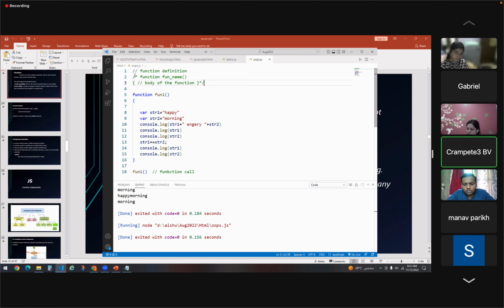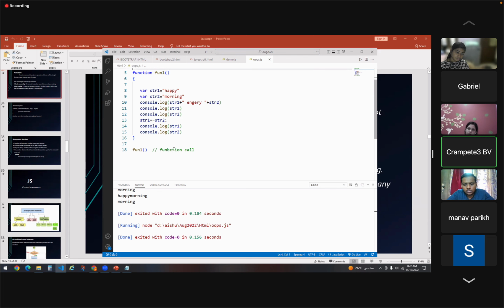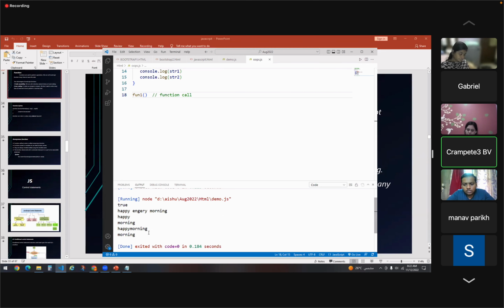This is your function definition, and this is your function call. Now if I execute it,